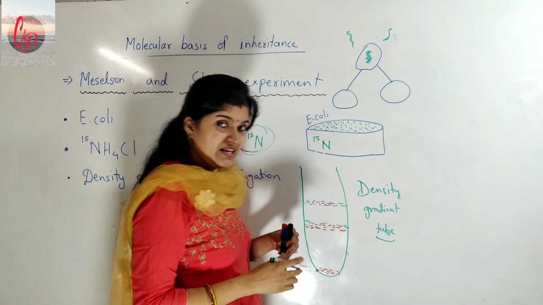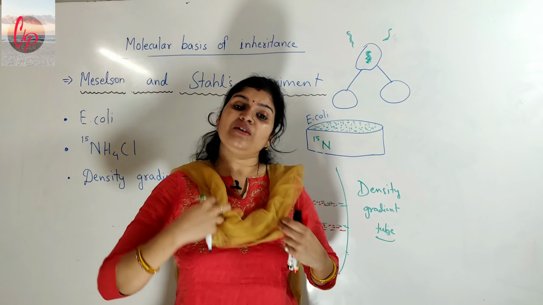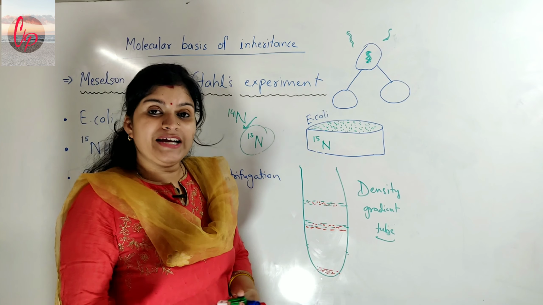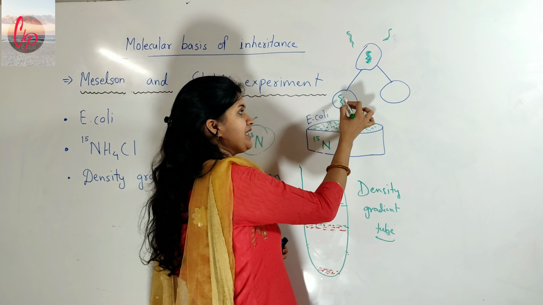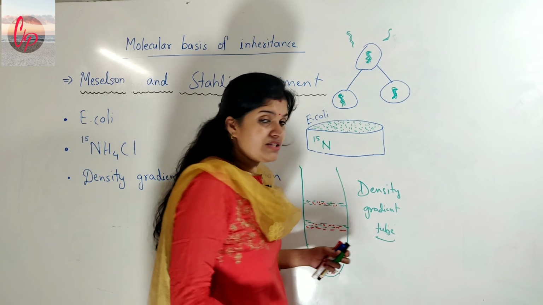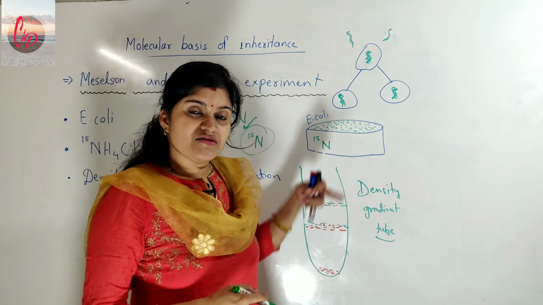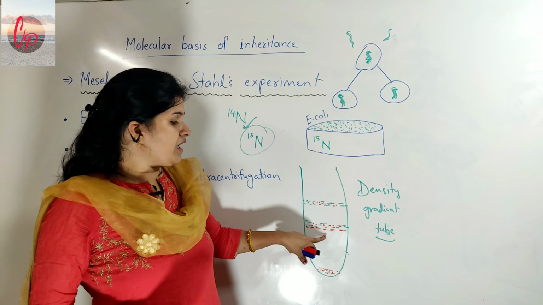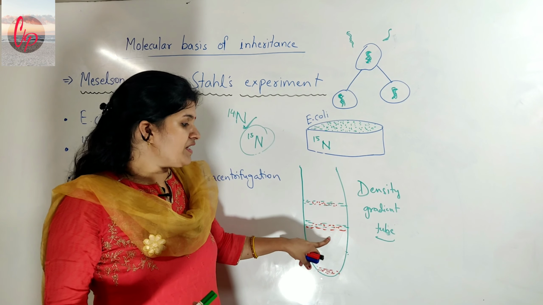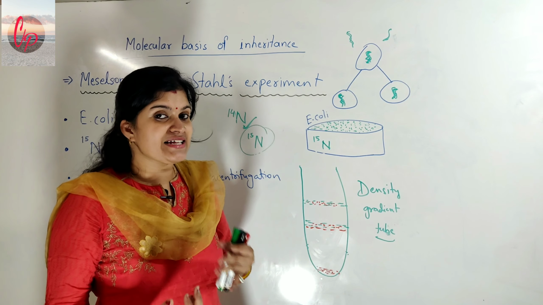First of all, the two strands of the DNA will be separated, and their complementary strands will be formed, and when the separated strands complete their complementary strands, they will be arranged here as the genetic material of the daughter cells. So this is the process of DNA replication. This was happening here also, as the bacteria were multiplying in number. So here the accumulation of bacteria was seen which were having both the isotopes of nitrogen, N14 as well as N15.